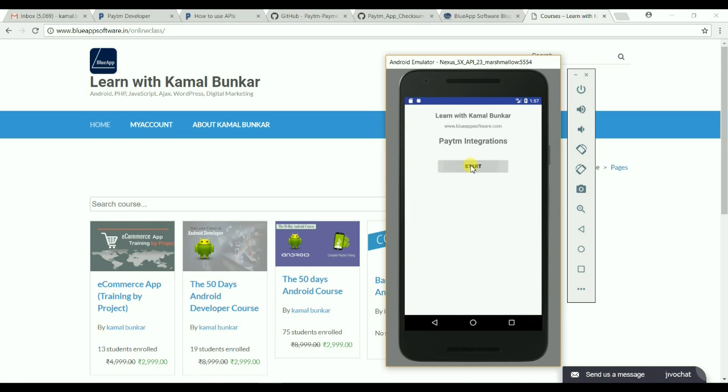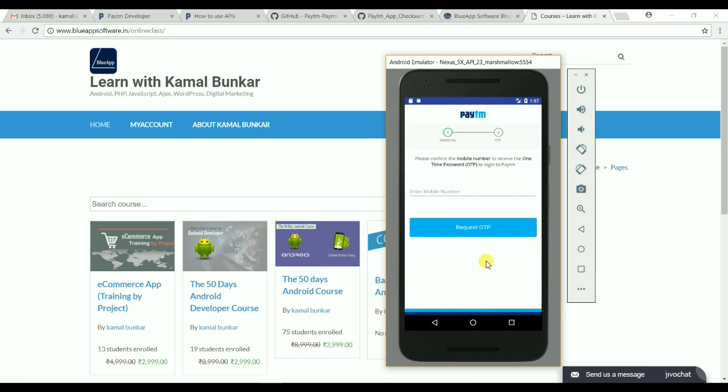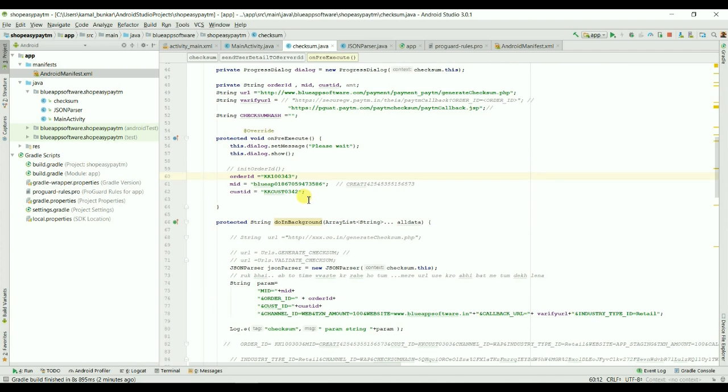Now I am going to start. Once you click on start, you will see this type of screen. If you are not seeing this type of screen and you are seeing one single screen with only the amount, and no other parameters or activities, that means you are doing something wrong.